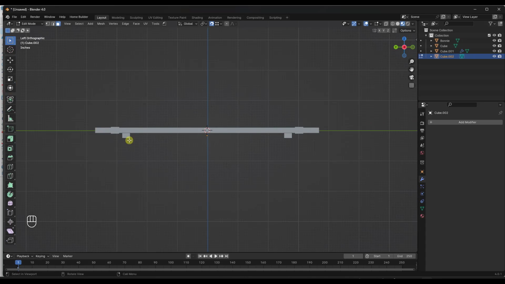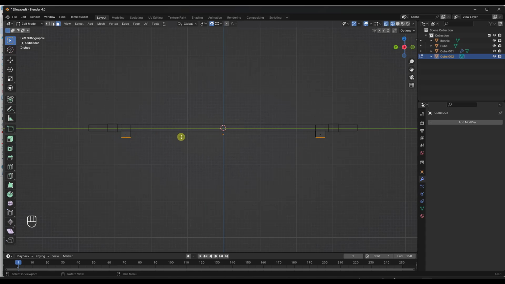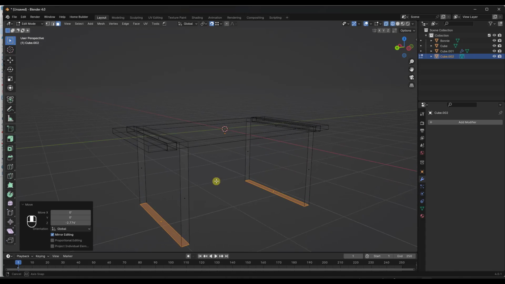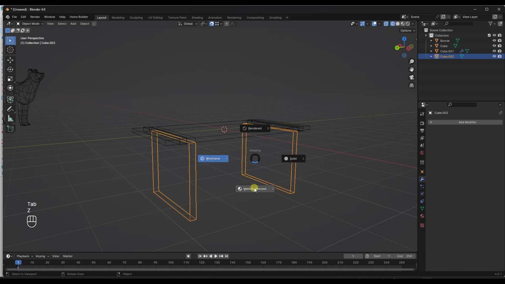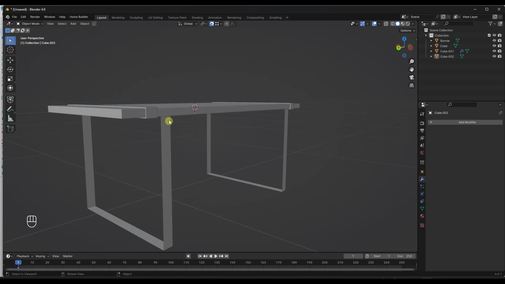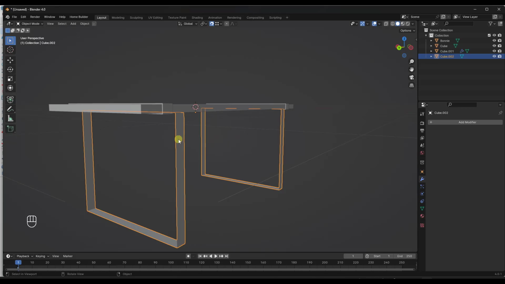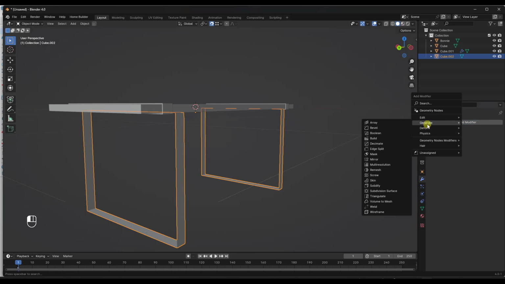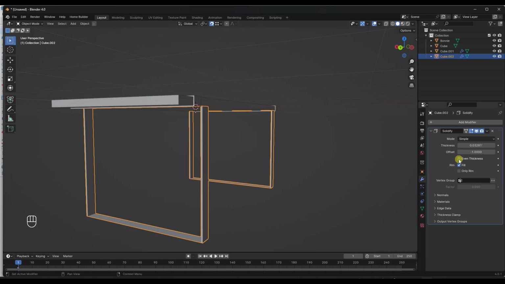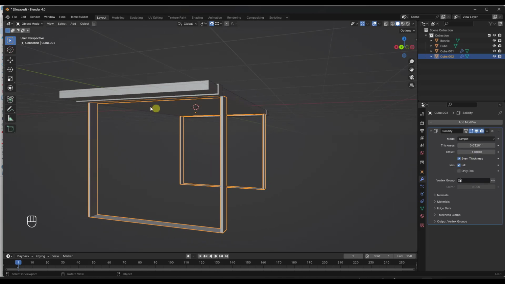We'll go into straight on view, probably do a wireframe just to make sure we're picking it all up. But I just want to select these bottom edges and just move them down to whatever I want the height of my table to be, like this. Well, now if I go back into solid mode, you can see that I've basically got a table with legs in here, and the only other thing I want to do is add a solidify modifier to these legs. So we want to make sure that we've got this set to even thickness,